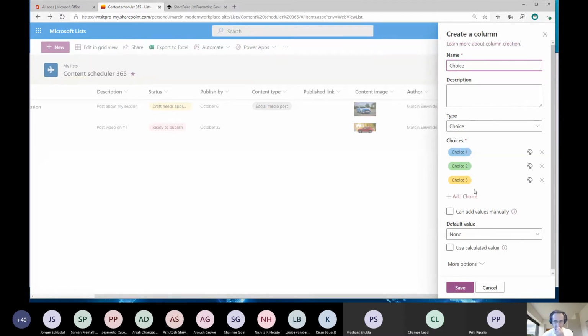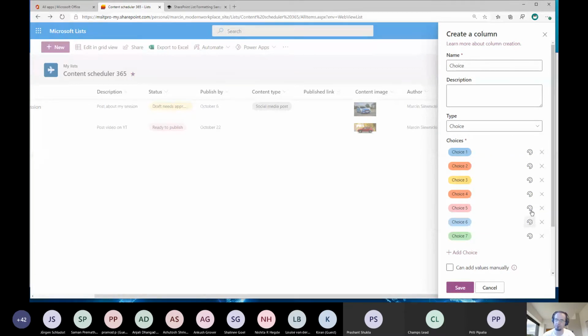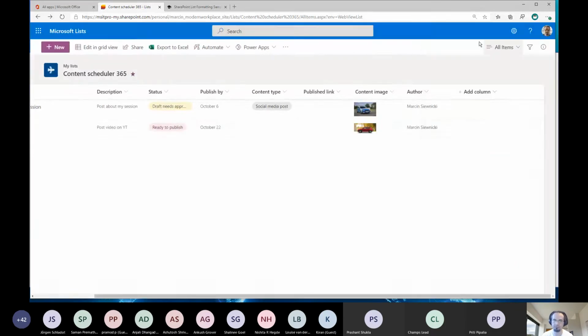So you don't need to create a choice column and provide values and then apply formatting. You can have it automatically formatted, and by default it will get colors. You can modify that color, so it's great because there are fewer things to do when you create your list.